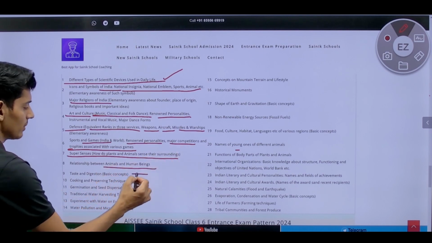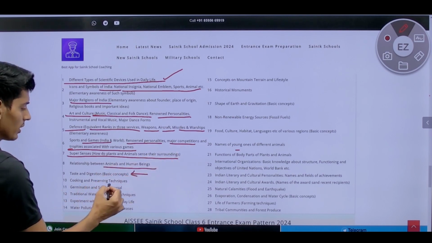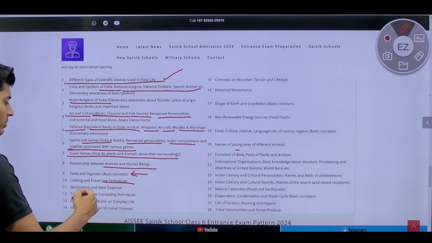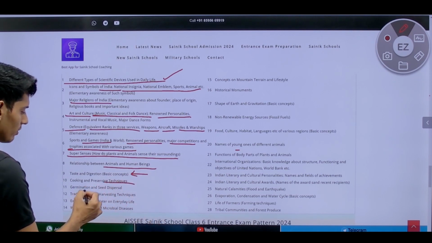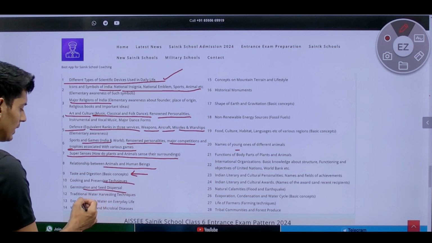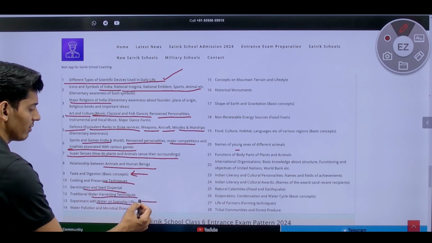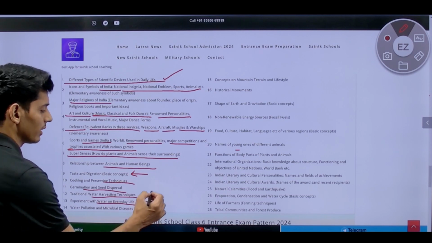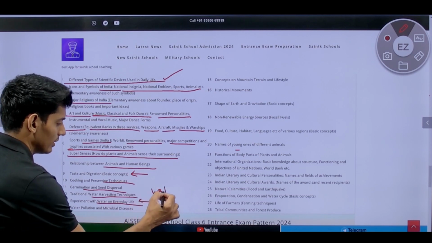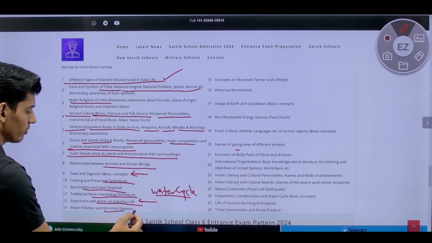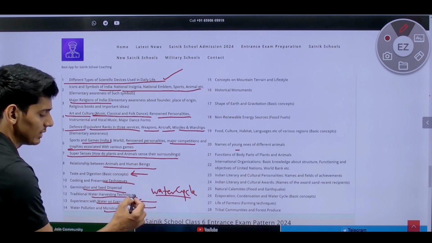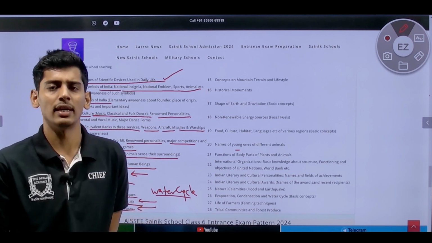Then you have basic concepts of digestion, cooking and preservation techniques, not very vast. Then you have germination and seed dispersal, traditional water harvesting techniques, experiments with water on everyday life, various. So you have to also understand water cycle in this chapter. Then water pollution and microbial diseases, various kinds of diseases which are found in humans and what is the source